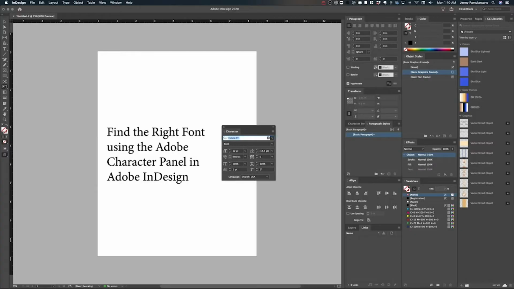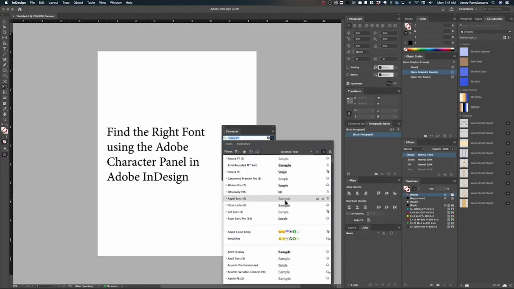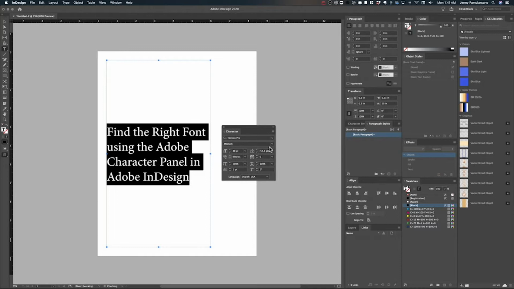As we go closer into the character panel in InDesign, you're going to have several things in the window. There's a typeface list. This is normally where you would cycle through all the different kinds of fonts that are on your computer. You also have the font, which is more specific than the typeface list; this is actually listing the font.